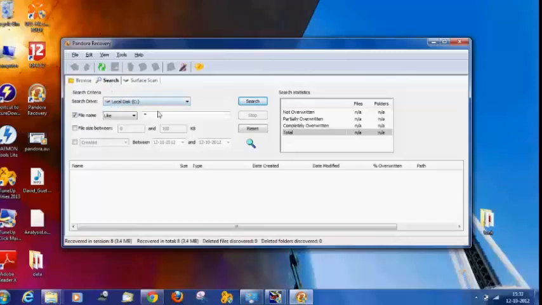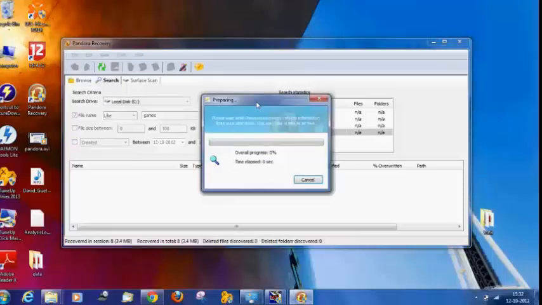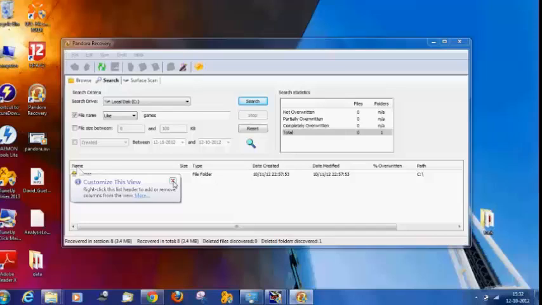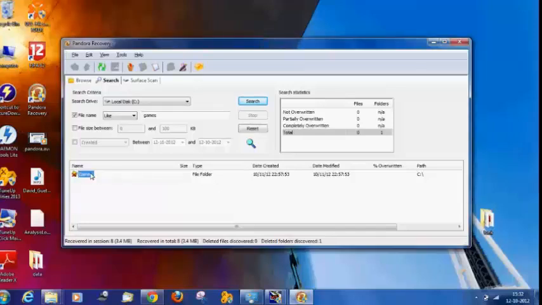It is more helpful to find a deleted file if we remember at least one of the following parameters, that is full or partial file name, file size, file creation date or file last access date. Since we didn't know any of them, we didn't click. We have recovered the folder, that is the games,